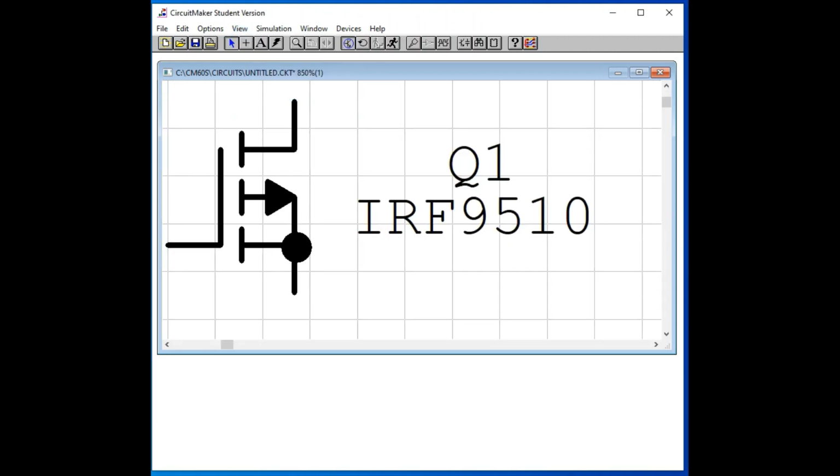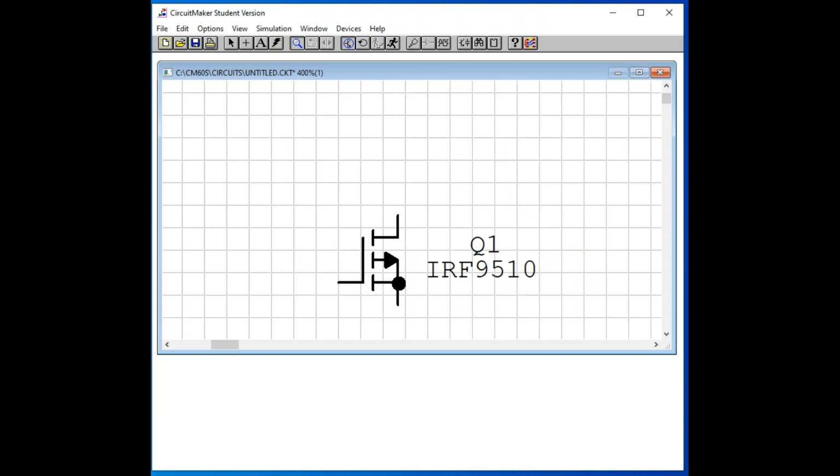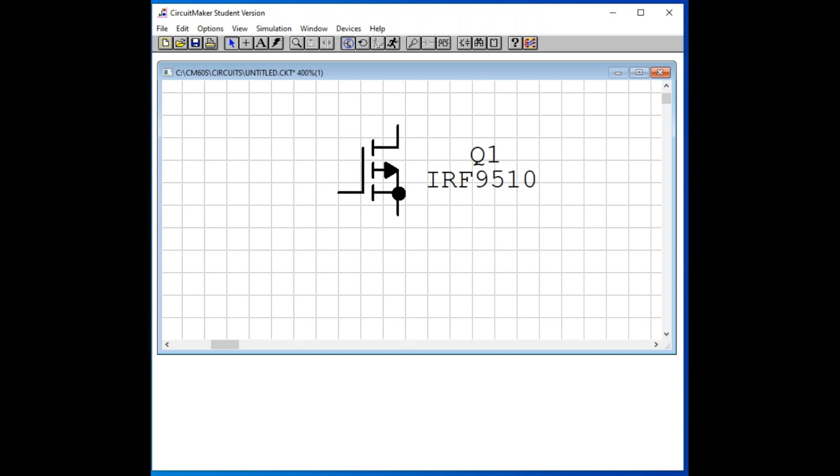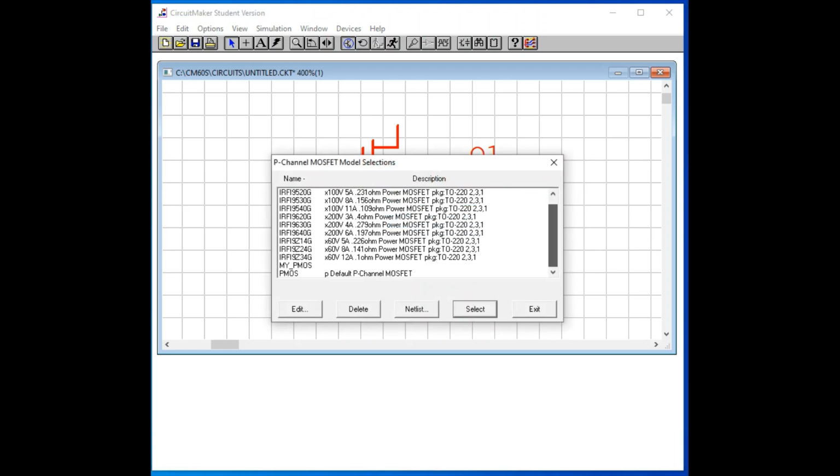You can also unzoom, or you can use page up and page down for unzoom, and then by arrow you can click here. Now once you select this one, you can select the model. So maybe you can use a default p channel MOSFET.